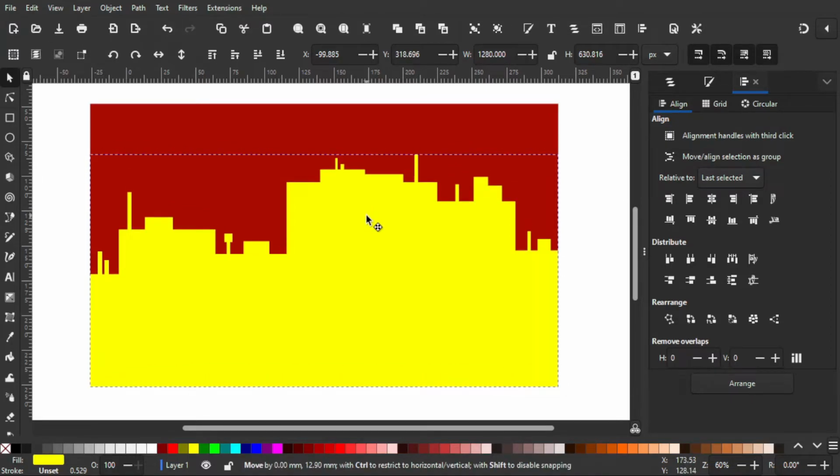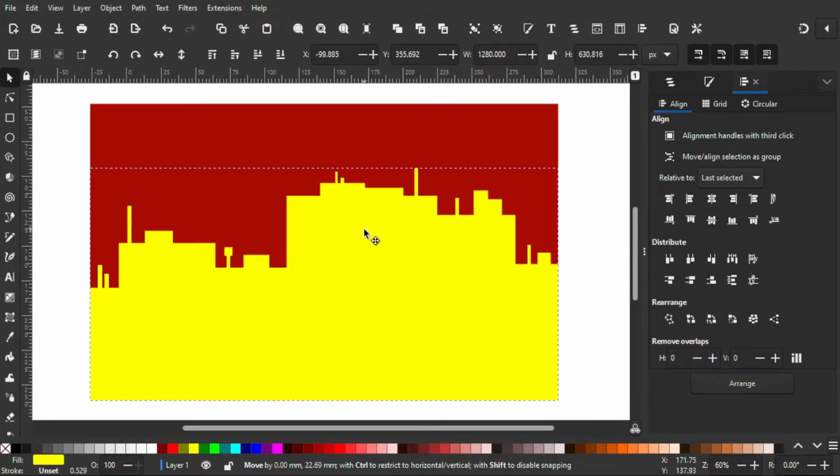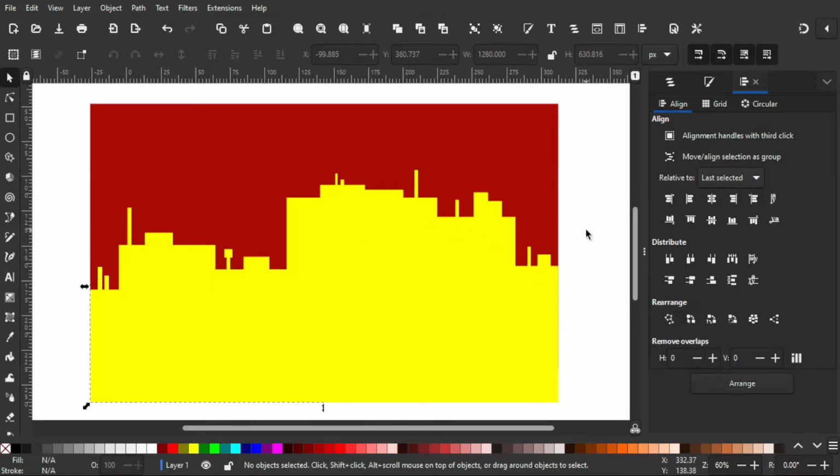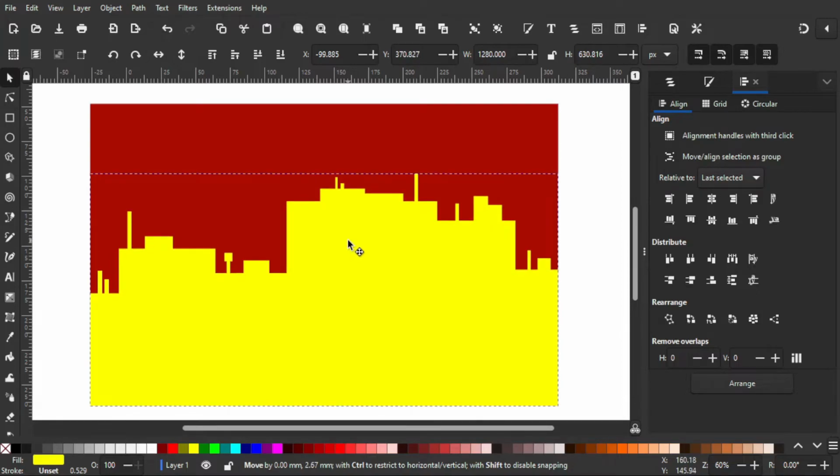After that, we need to make a little adjustment because I think the building is too high for the placement, and I need a little negative space for the sky.